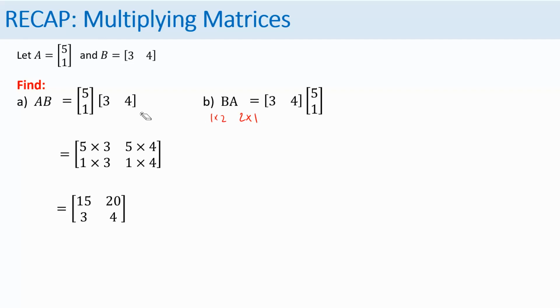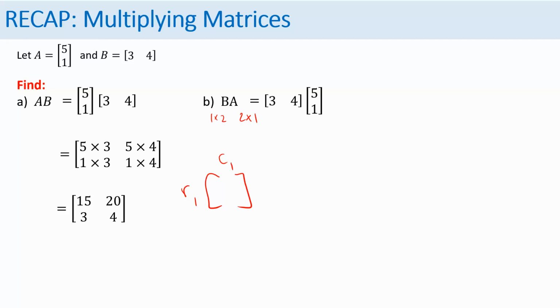So we know it has to be a 1 by 2 times 2 by 1. It has to end up being a row 1 and a column 1. It's a 1 by 1 matrix. So we follow this. Same thing. We know it has to be a 1 by 1 matrix, meaning that it has only row 1, column 1. So row 1, I've got 3 and 4. Column 1, I've got